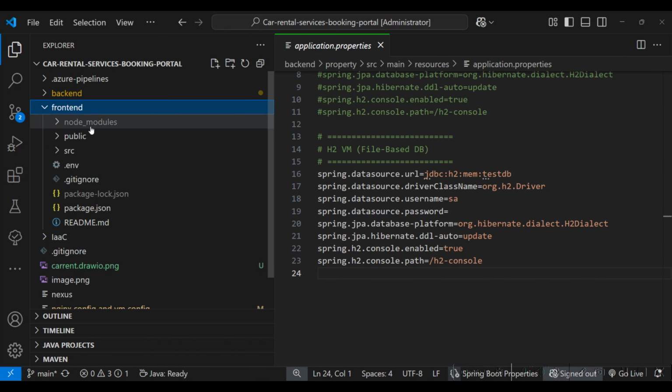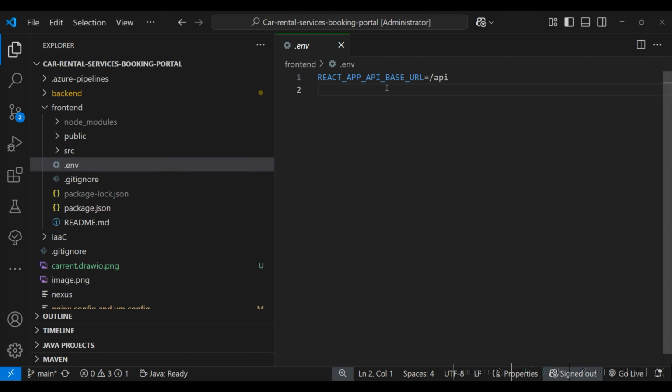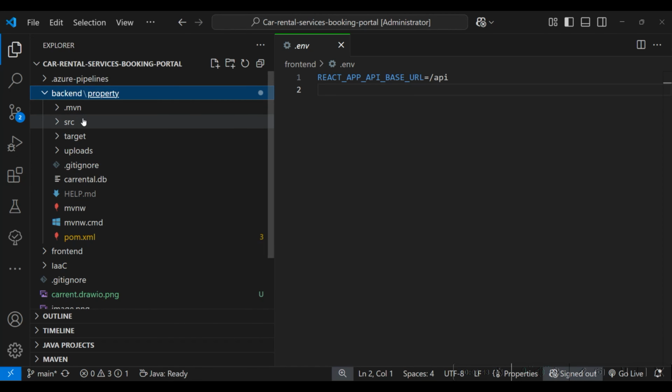So we have the front end application. Once it is up and running, it has an env with the path /api, that means local path /api, localhost/api. Okay, once the application is up and running for the backend,